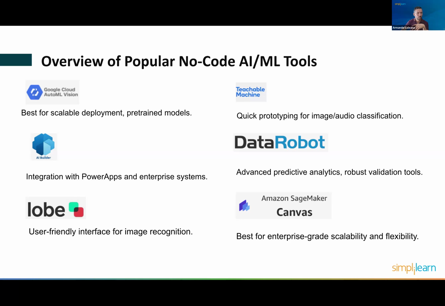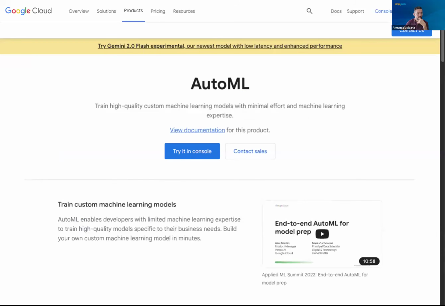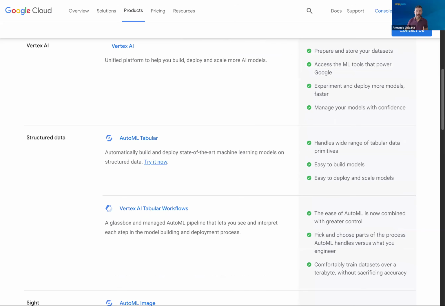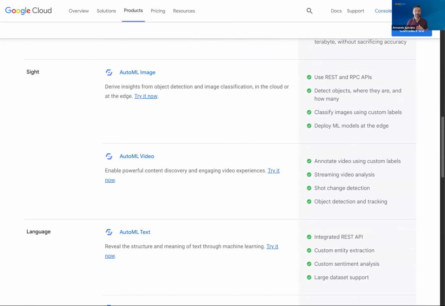So let's start with Google Cloud. Okay, I already copied the link. Google Cloud is great and has great models already and interfaces for image recognition, classification, and video insights.